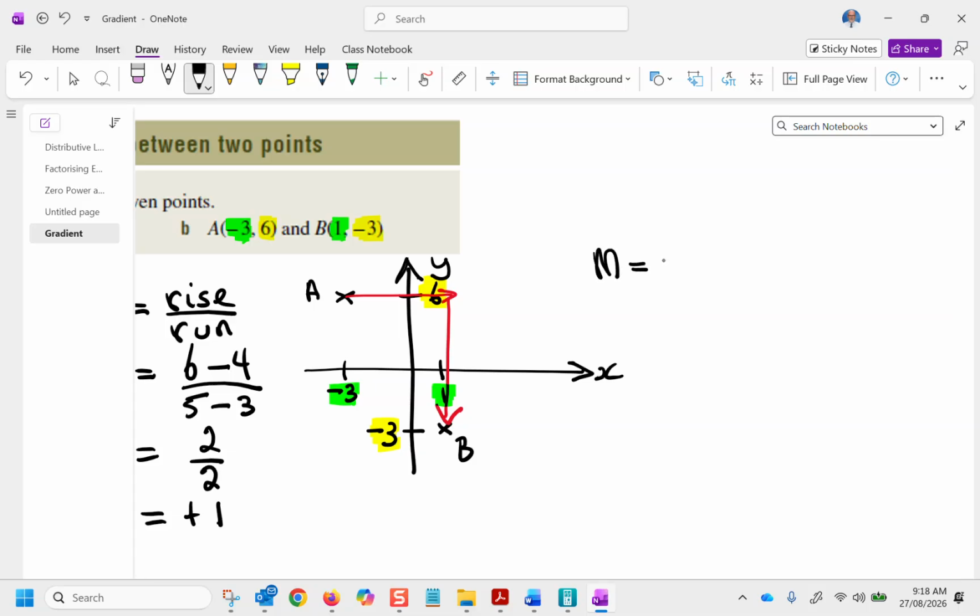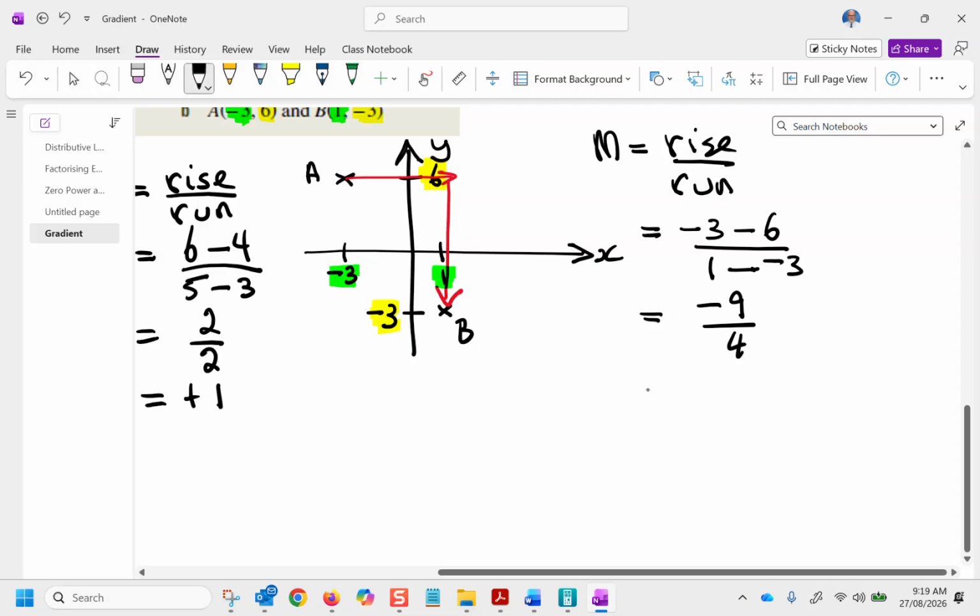M equals the rise over the run. Now, just like last time, the vertical, the rise, is the y coordinates. And I'll do the second one here, -3, subtract the first one, 6. The run is the green ones, the x coordinates. I'll do the second one, 1, subtract the first one, -3. So -3 take 6 is -9. 1 subtract negative is the same as add. That's 4,